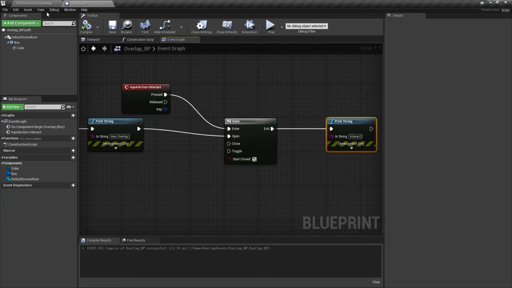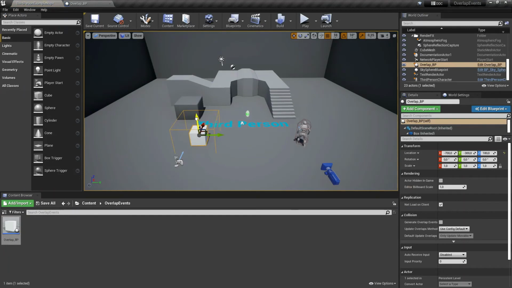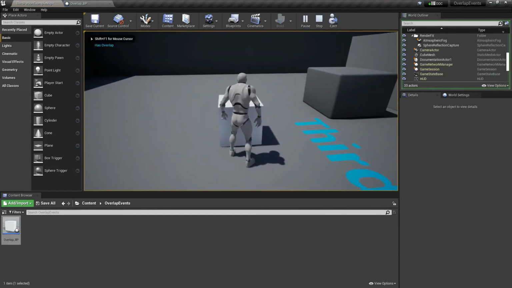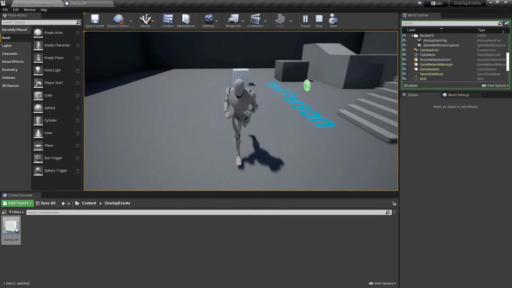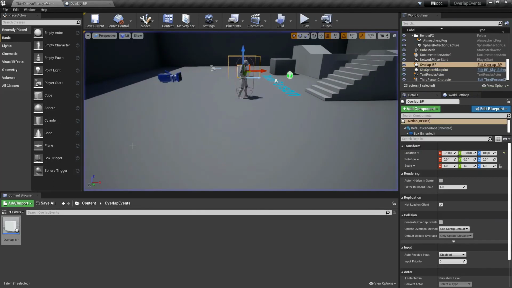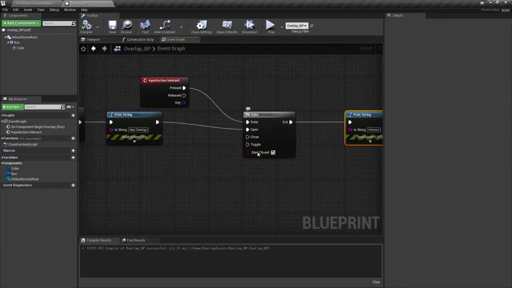So now if we compile, save, drag our blueprint into the level, and hit play. If we come close, on the top left, you can see it has overlap. So that works. Now if we hit E, it says interact. So that works. Now the only problem is if we walk away, we can still hit E. And that is because we have opened the gate and we can always enter it by pressing E,